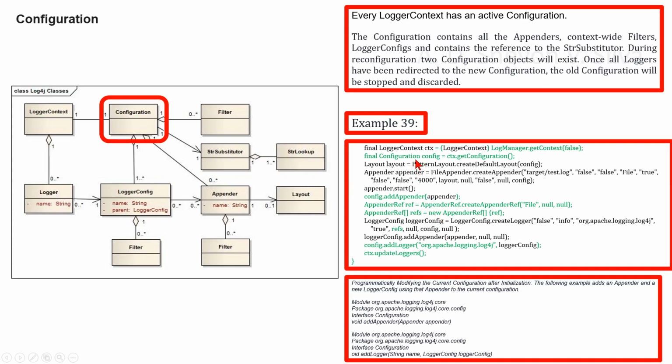And here you can see void addLogger(String name, LoggerConfig) in interface Configuration in package org.apache.logging.log4j.core.config in module